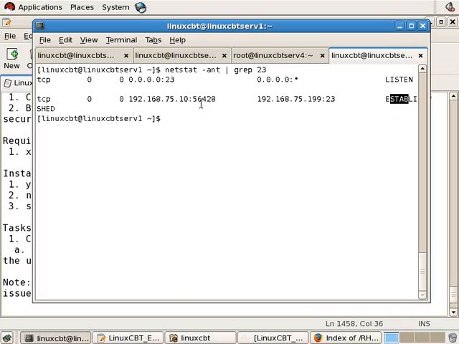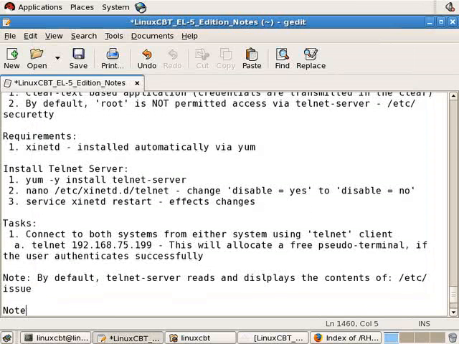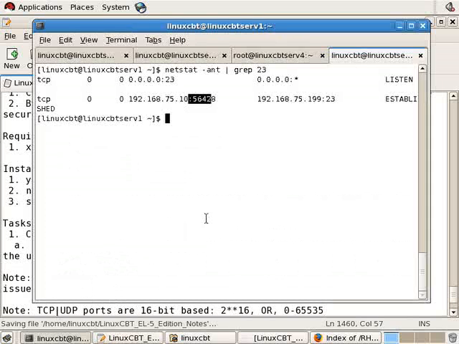Now, just before we move into creating the new connection, we should note that TCP and UDP ports range from 0 through 65,535. So note, TCP as well as UDP ports are 16-bit based, or 2 to the 16, ports 0 through 65,535. So when you see high ports such as the one you see here, 56,428, know that you still have thousands of ports to go, or in other words, thousands of potential sessions to go